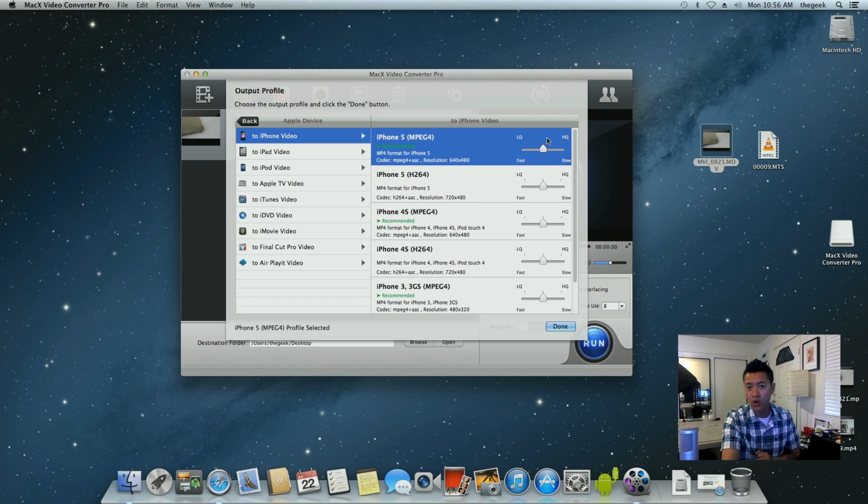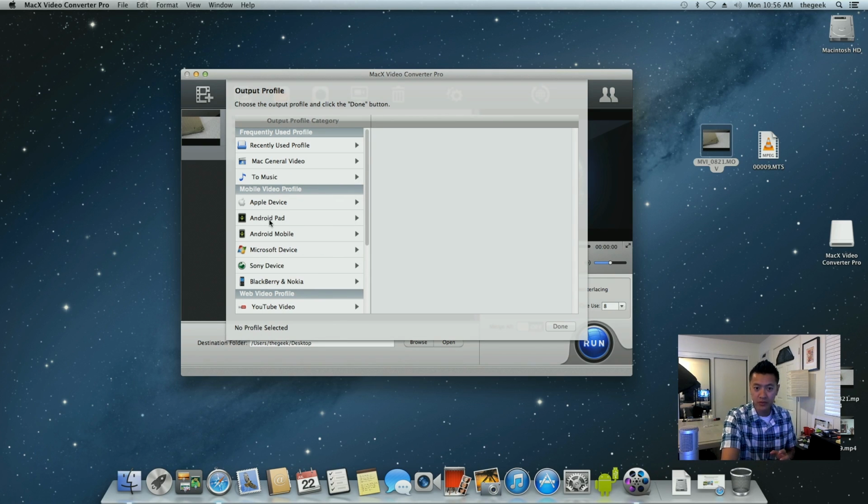where it has a low quality and a high quality. Basically, if you choose a lower quality, it'll be a faster conversion, or if you choose a higher quality, it'll be a slower conversion, just a little bit. And also, I'm pretty sure it also affects the file size in the end. So if you want to conserve and save space and you don't really care too much about quality, you can lower the quality here, and that will allow you to fit more files into your device, right? So that's pretty much the